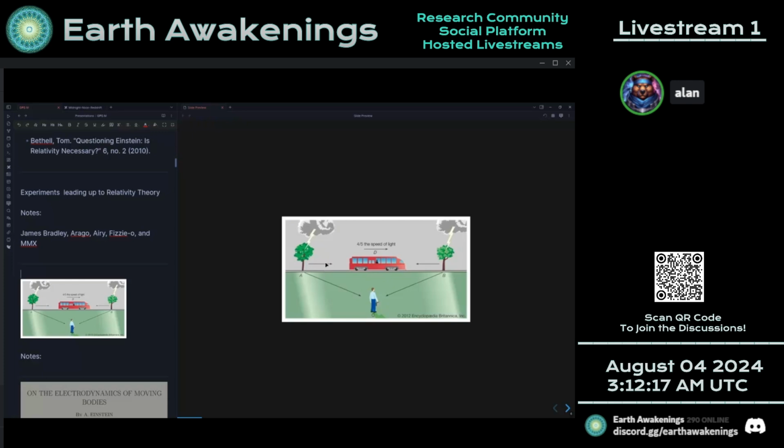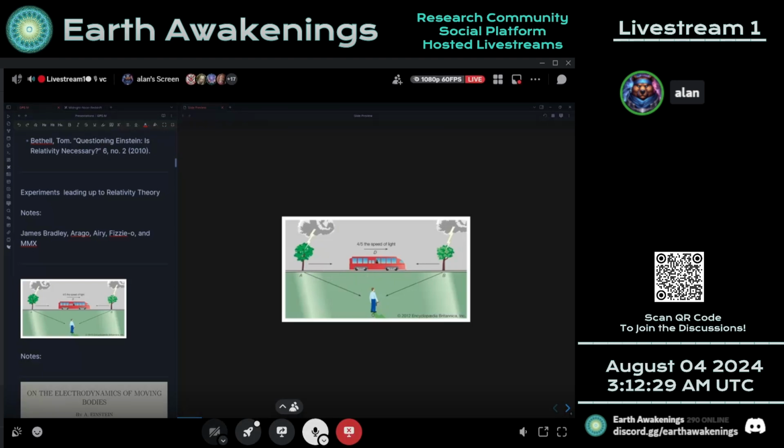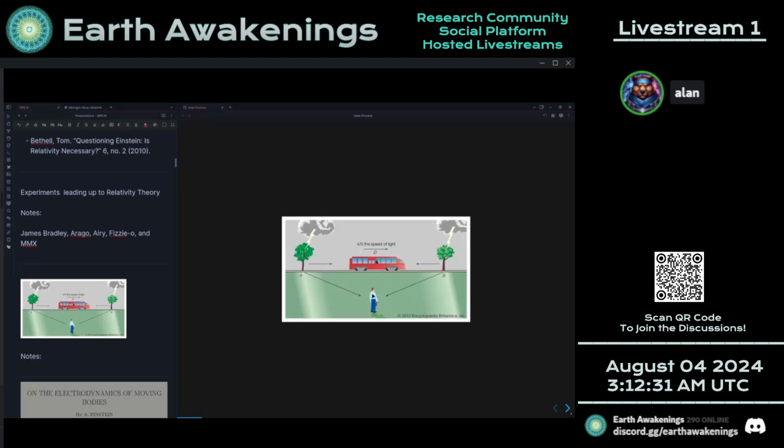If they strike at the same time, that bomb is going to go off regardless of whether that observer on the train is in motion, because he sees the signal on the B side first because he's moving towards it, right? Versus the stationary observer who would see them simultaneously. Well, there's no discrepancy in reality, right? We all know that the events happened, that the bomb would go off. So there should be no question of